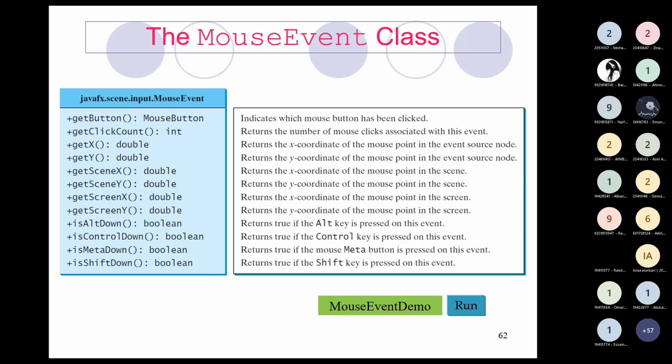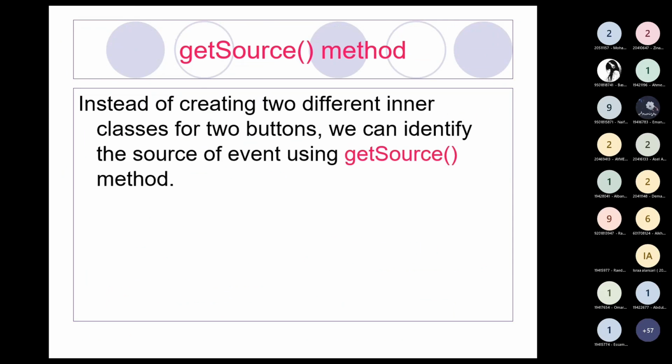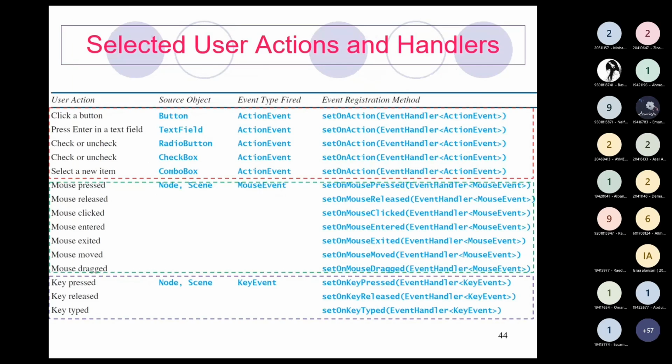Okay, let me remind you. You see here the event type, action events. Okay. It could be buttons, text, radio, check, combo, whatever. But the event type is action event. Now we will learn about the mouse event. Okay. So let's go back to where we were. A mouse event